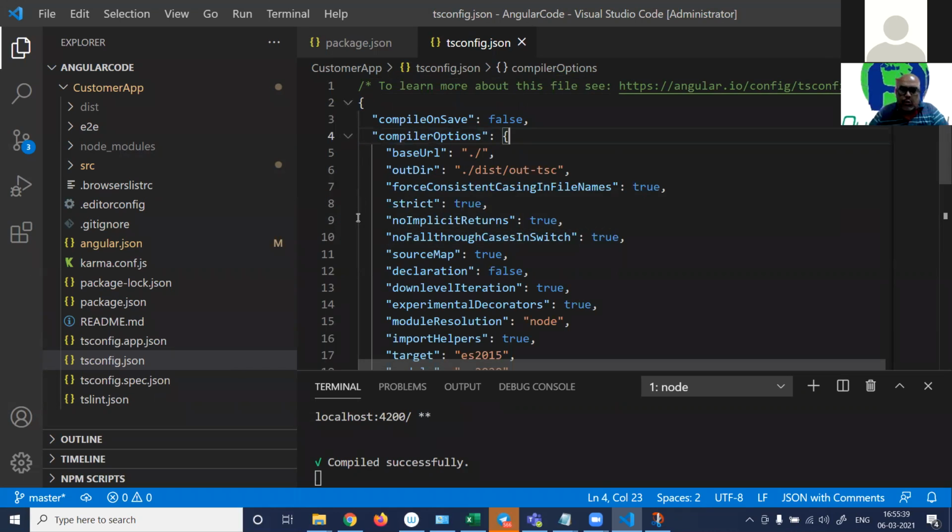So we talked about this. You can see so many things are now coming from npm, so many things are coming from the TypeScript package.json file. There are other JSON files here. Don't worry about that.